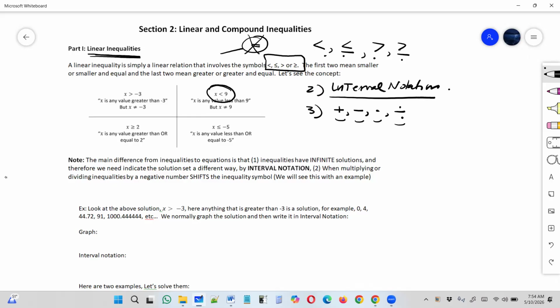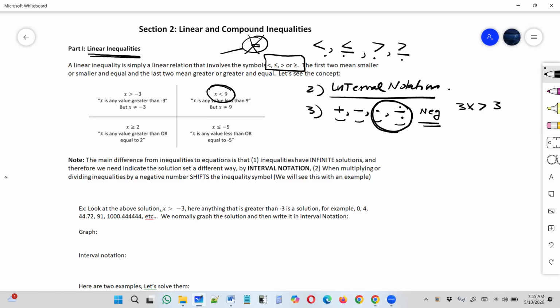Well, there's only one difference. Whenever you multiply or divide by a negative number, the inequality is going to change sides. So for example, if I have something like this,